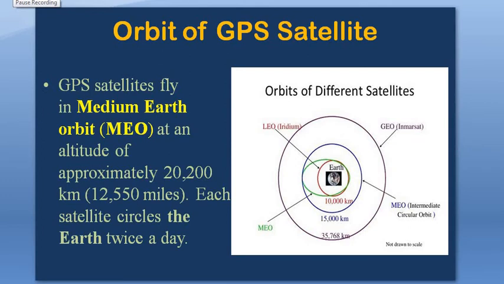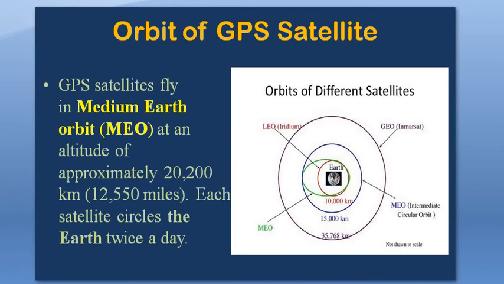Now let's move on to the orbit of the GPS. Now everyone knows what an orbit is, means the moving path, the rotating path. Orbit is nothing but the gravitationally curved trajectory of a particular object, such as planets or stars or the satellites that revolve around the earth, right?